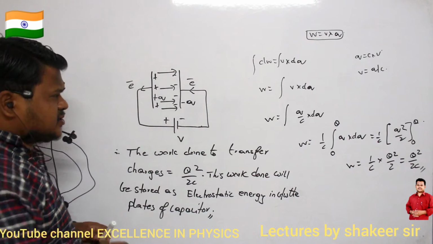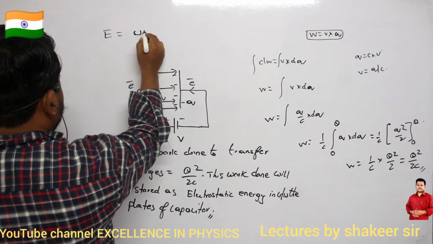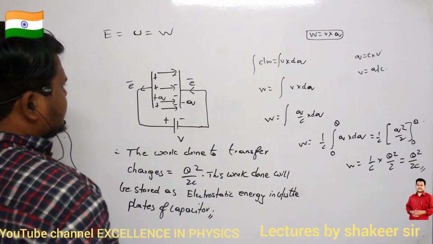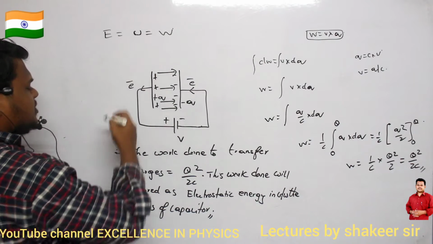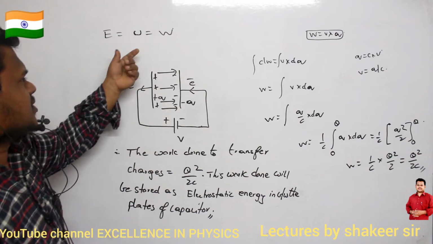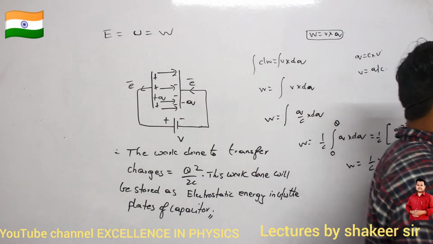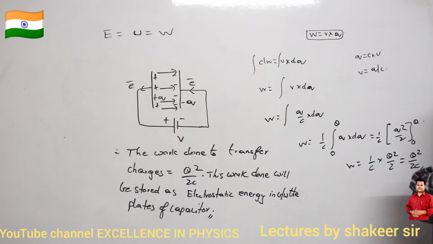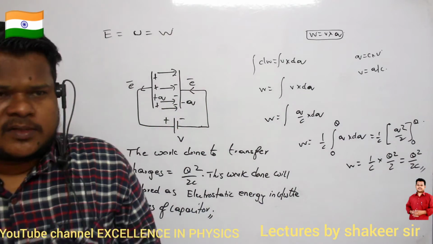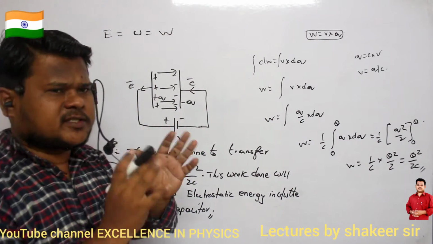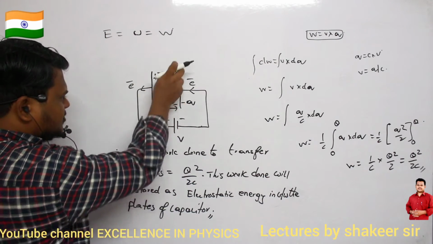The equation which we have written is the energy stored in a capacitor, or you can call this U also, or W also. So this is the amount of work done, this is the energy stored, and energy stored in what form? Energy stored in the form of potential energy. Clear? Because that is the definition of potential energy: the amount of energy stored because of the configuration of the body. What is meant by configuration? Arrangement. So this energy exists only because of the arrangement of these charges.